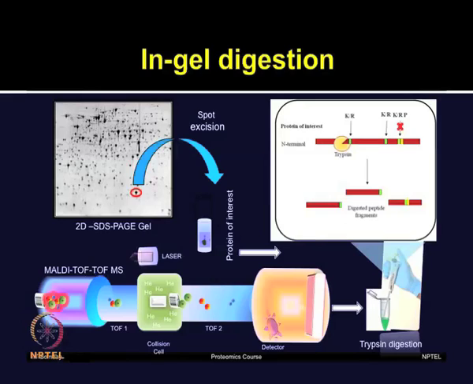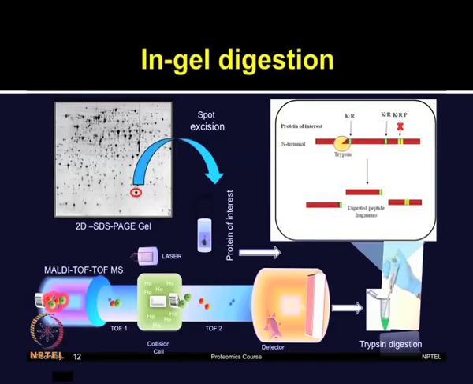Now, although this overview shows the process starting with the 2D gel, the same can also be applied to gel free proteomic techniques. If you want to analyze a sample from gel free proteomic approaches, it is often a good idea to separate the protein complex mixture on an SDS-PAGE gel, excise the bands and then extract the proteins from that and perform the in-gel digestion, so that you can simplify the proteome and increase the overall proteome coverage.